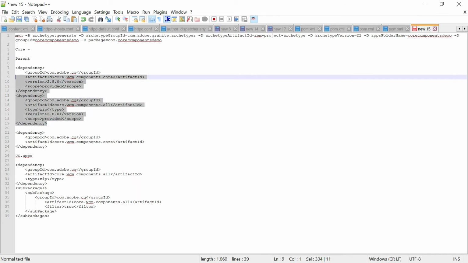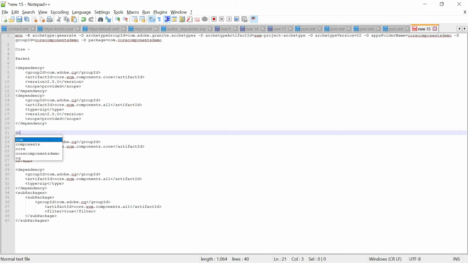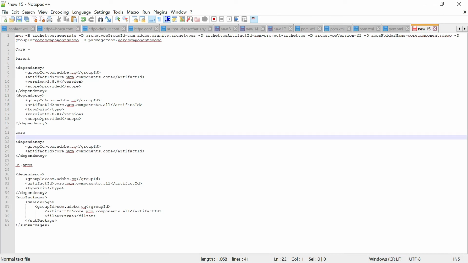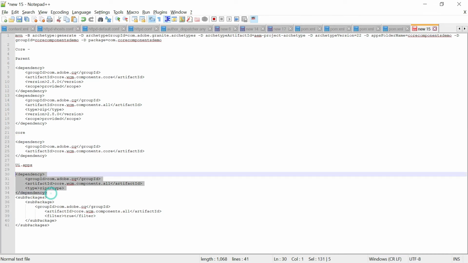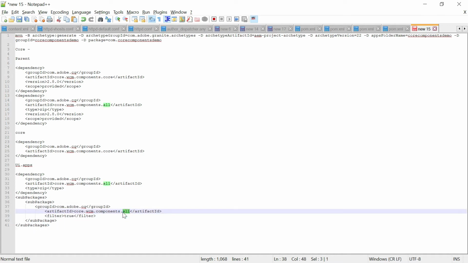Then add this dependency into the parent POM, then this dependency to the core pom.xml. Then the UI apps has to add this dependency, and also we need to include this sub package. All I am saying, all the packages need to be included. So once we add this and deploy your project, your core components will be enabled in the AEM server.